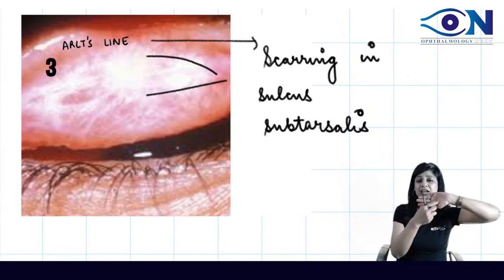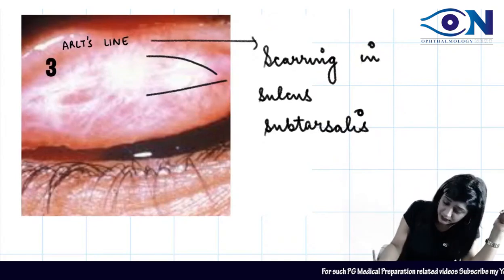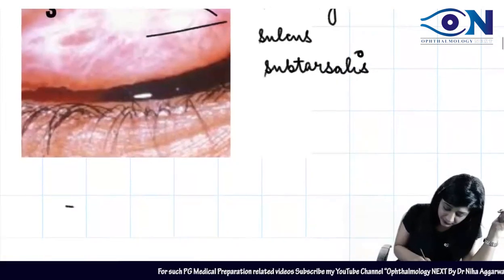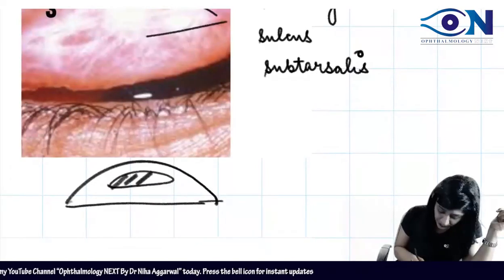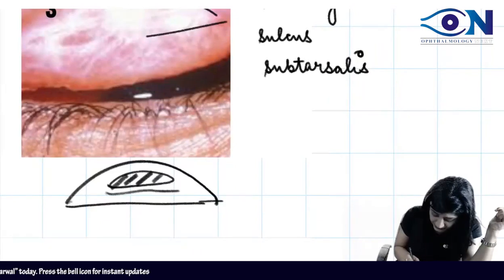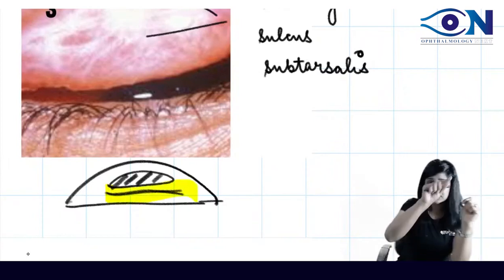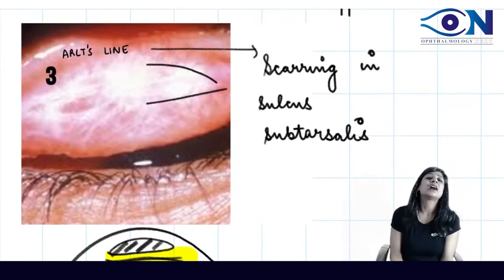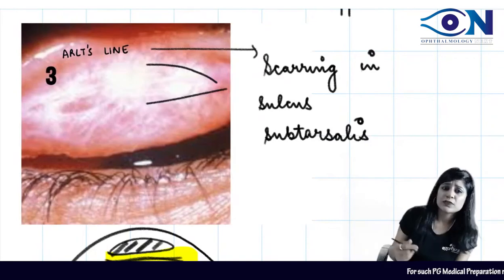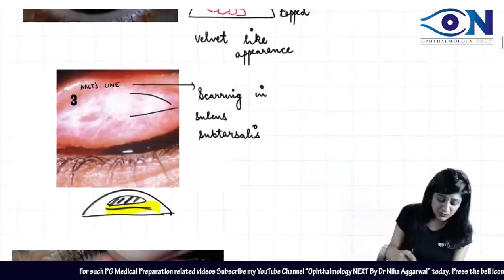Suppose this is your upper eyelid and this is the tarsal plate. Beneath the tarsal plate you have a small sulcus where you will have the scarring, something like this. This line of scarring over the sulcus subtarsalis is actually called the Arlt's line. This is again a very important question. Arlt's line is a feature of trachoma. Now whenever we have follicles, papillary hyperplasia, and Arlt's line,